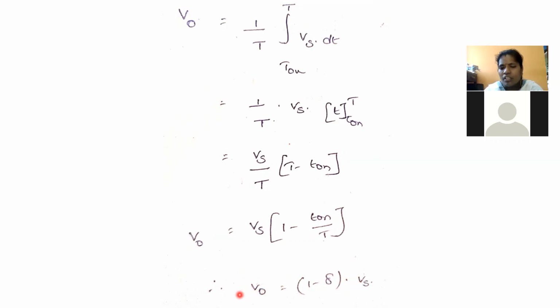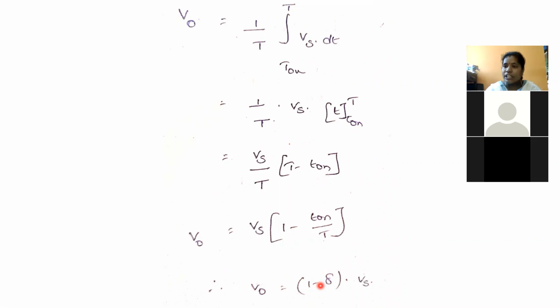So with this expression, can you say it is a step down chopper or it behaves like a step up chopper? From this expression, anyone can say. Why? Because V naught is the output voltage value you have to calculate. Vs is the supply voltage, it is constant. Always Vs is constant. And in this equation, only one parameter is variable, that is duty cycle delta. And you know that the duty cycle values change from 0 to 1. So the minimum value is 0 and the maximum value is 1.